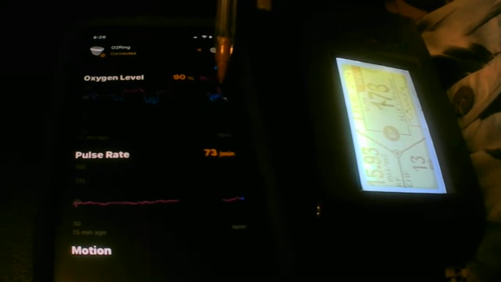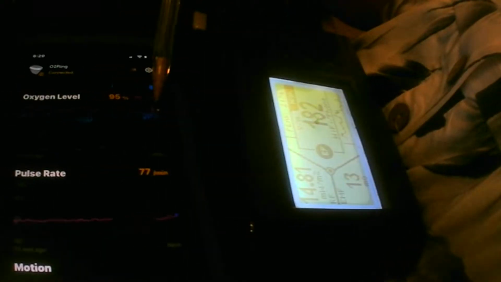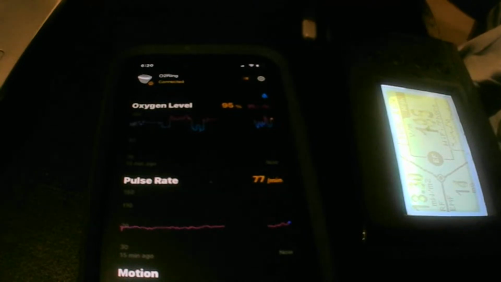So here are the dips in the oxygen. See the dips? And you can see the programming being run on the hand. Those signals are programming. Okay, so these signals here